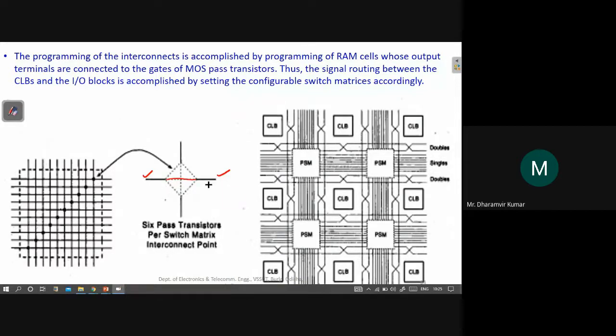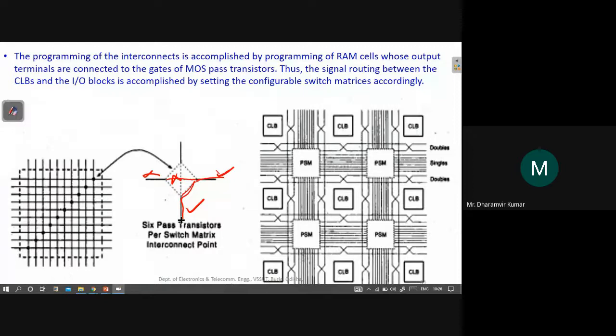Suppose I want to connect this line not with this but with this. In that case, this will not be programmed, but rather this line will be programmed in such a way that the transistor gets turned on and this line gets connected with this line. In this way the routing between various wires is established.